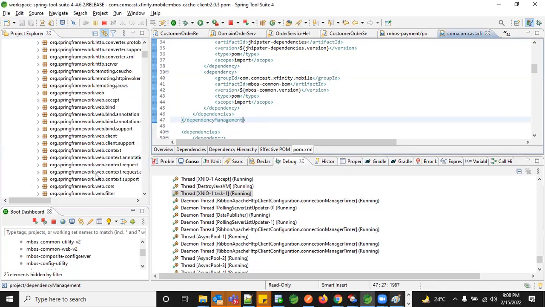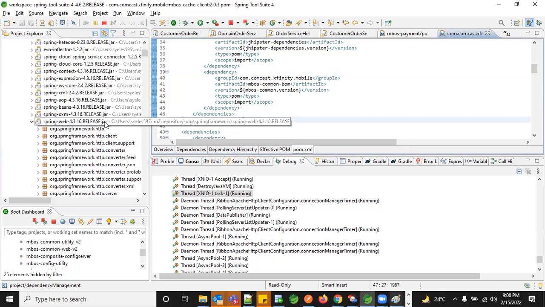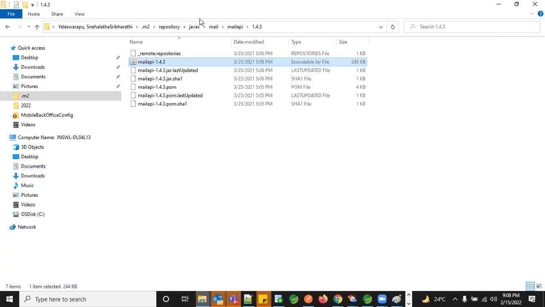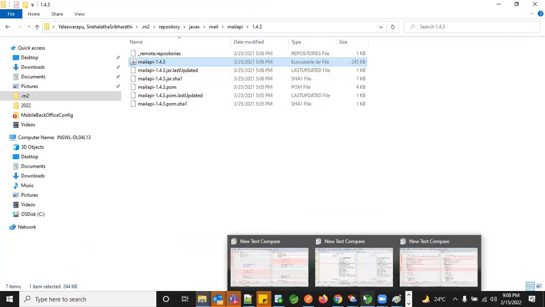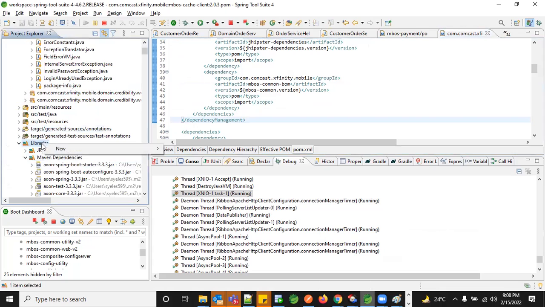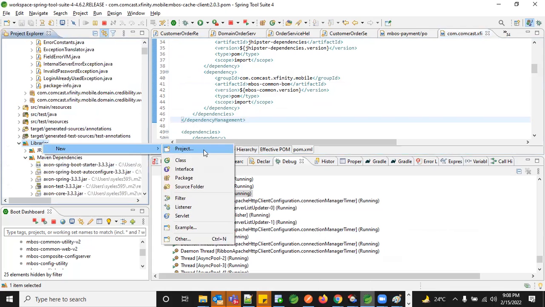But right now, what happened in the earlier days is, we downloaded this jar from Google, or we had everything stored in one place. We created a path similar to this repository, okay? We had everything in our local, we downloaded all these jars, and we explicitly added them in the libraries, new, and you go, sorry.